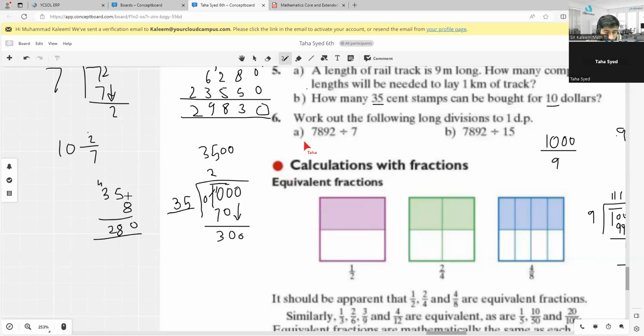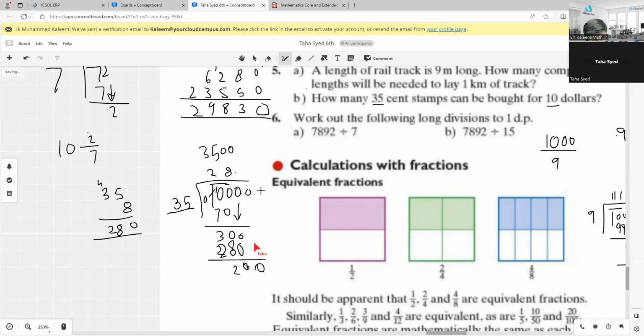If we take the next number, 9, it will cross 300, so we don't have to cross it. It means we write 8 here and 280 here. After that, you have to write the remainder, which will be 0 and then 2. That's 20. And after that you have to put the decimal point here and here, and after that